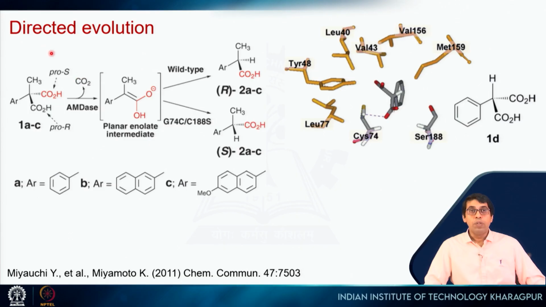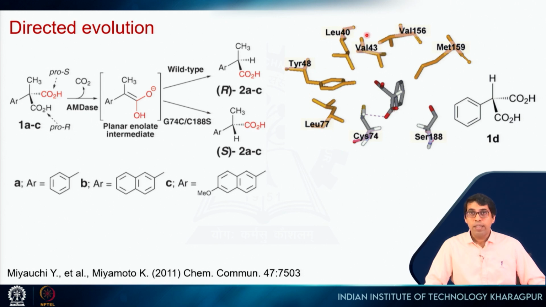That was done using directed evolution. So up till now what was done is rational design, because we looked at the structure, we compared with other enzymes, and we rationalized that okay, if we can mutate this glycine to cysteine, we can make it an S isomer, and that worked. However, the activity was very low. So